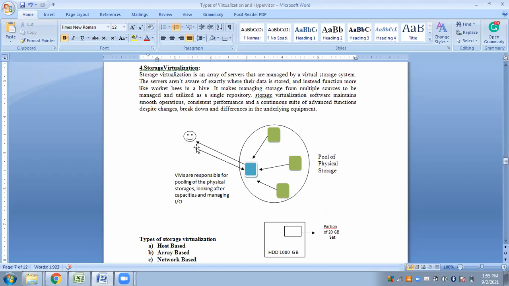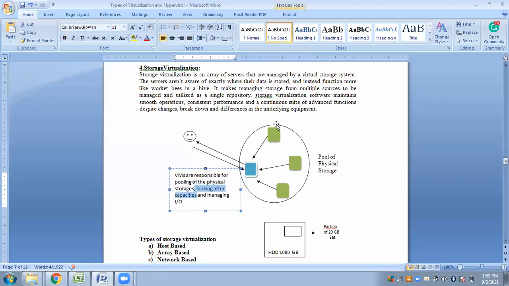So इतना जो back end में जो इतना काम हो रहा है, the client will never have any idea. For the client, it is this single physical storage which is serving the client. But actually, this is not the case. Okay, there are multiple physical storage involved. Okay. So how is this possible? VM, virtual machines does this. Okay, virtual machine is that software which is responsible for pulling physical storages. It is not only responsible for pulling of physical storages, but it also looks after the capacity. Capacity matlab कि